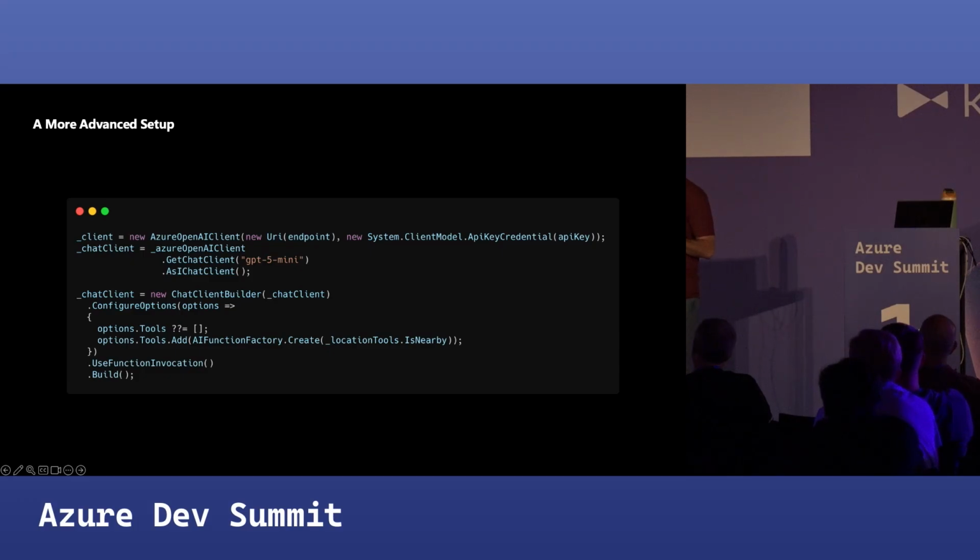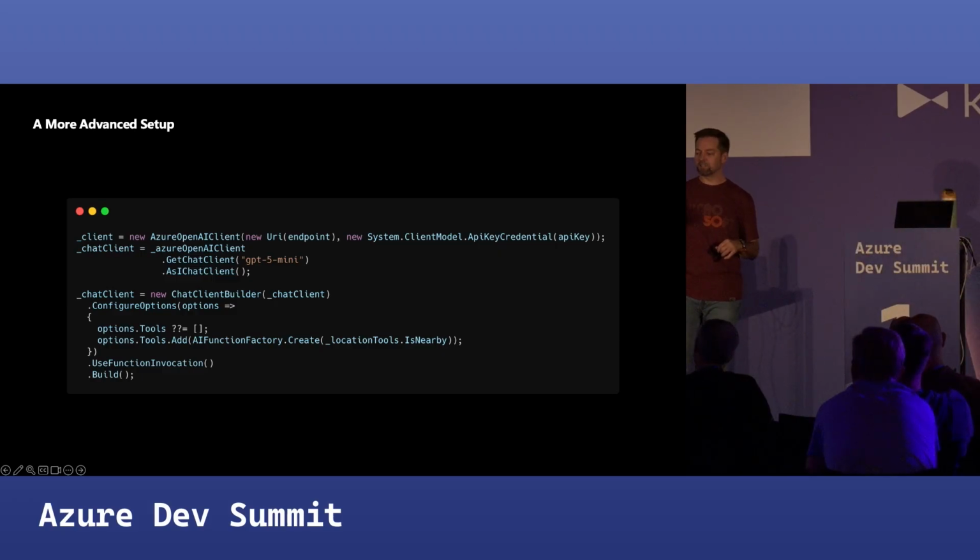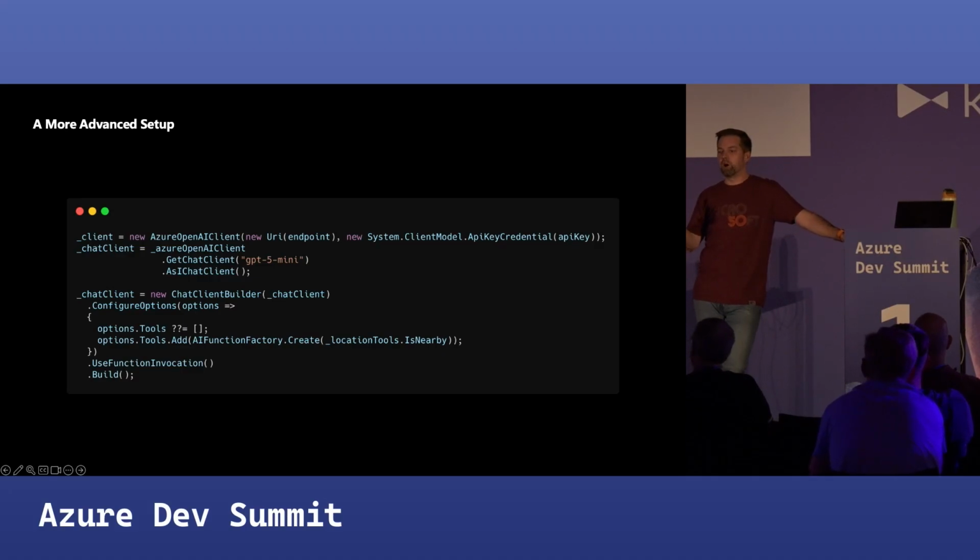So in this case, I am going to new it up within a service. So I have a service in my application called Chat Service, I think, or maybe it's called AI Service. And it's responsible for whenever an endpoint and a token changes or is updated, I can then new up the client that I'm going to use. Because prior to the user providing it, of course, I didn't have it. I couldn't do that. And then I'm going to load up the chat client for reuse later on. And then I can also do things like this chat client builder. So you're going to use a chat client builder when you want to do additional customization on the chat client.